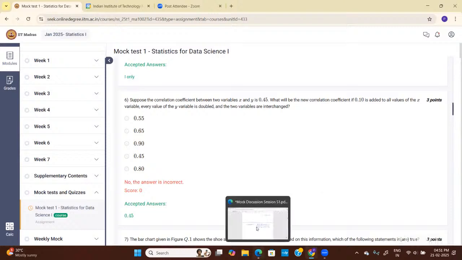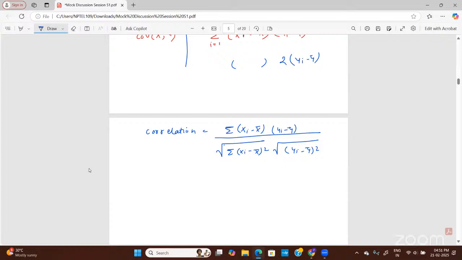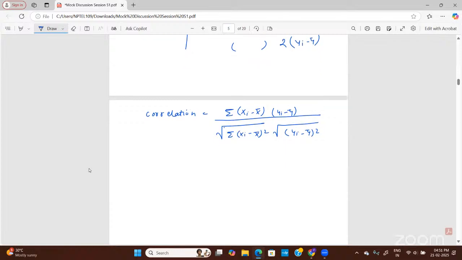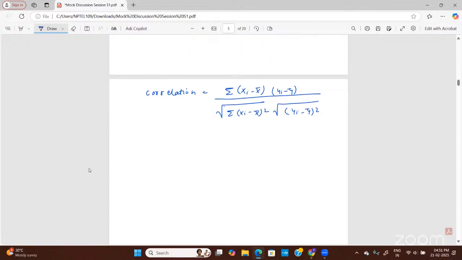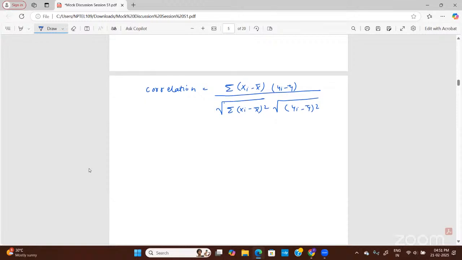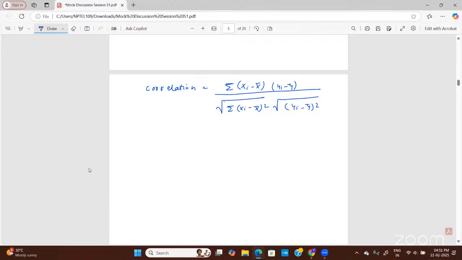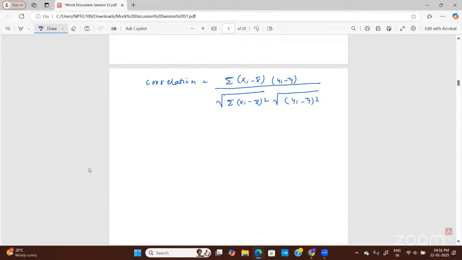I can understand that if you add numbers, any numbers, then the difference will be the same. But in multiplication, they provided twice the number. Twice means again they're adding the same number, right? So maybe in multiplication the difference will be the same, I'm thinking. Adding numbers, the difference will be the same between the two means, but for the product it won't be the same, right? You will get some value.